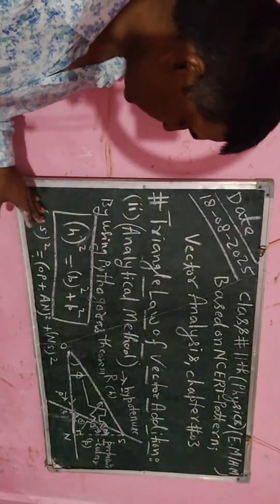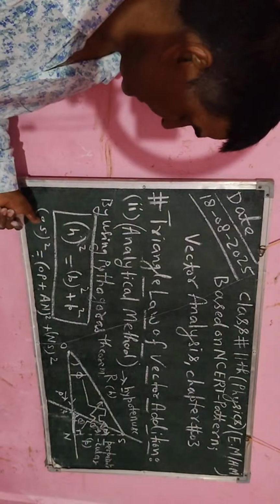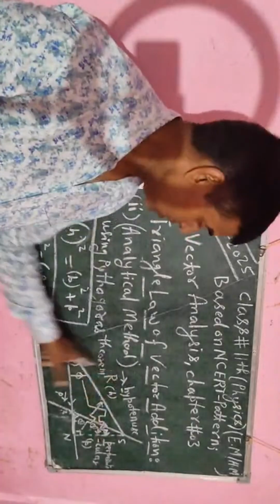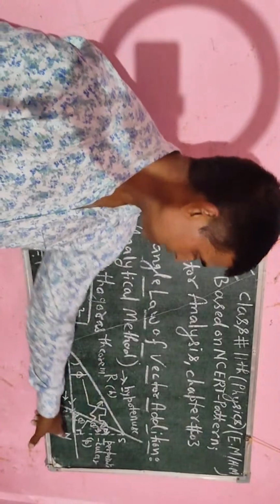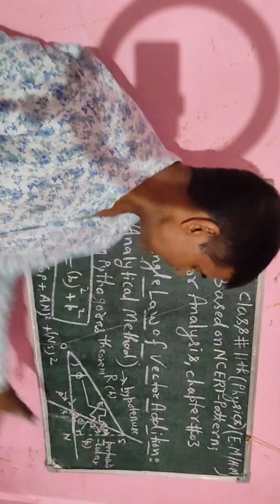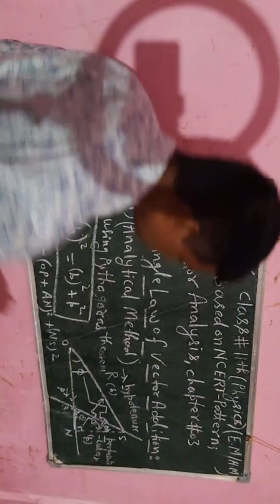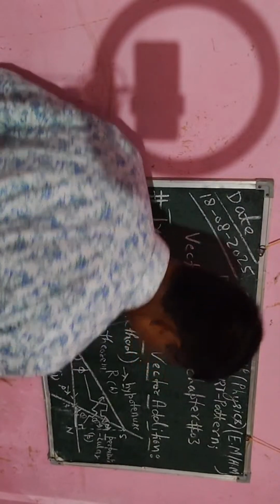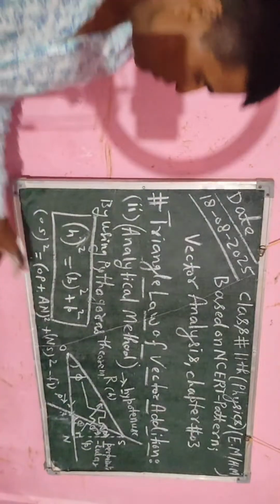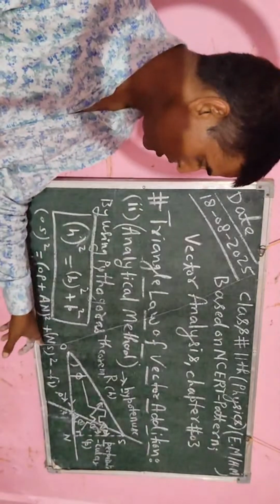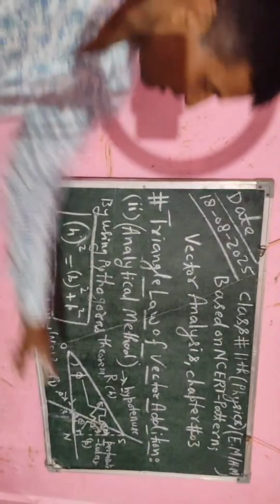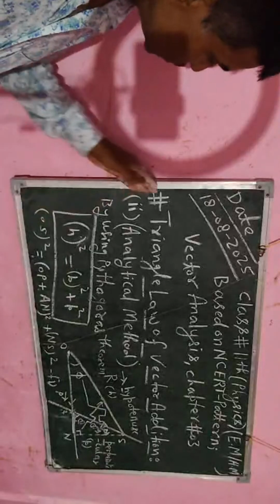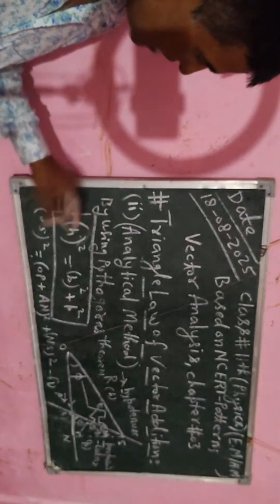Okay, so after this I will get the value of OS. The value of OS is already written, vector R. So we have to get the value of AN and also NS, and then I will use them in this equation. So I am going to say this is equation number 1. Okay, so positively I will follow it and I will get the value of AN and also NS. Okay, in the triangle ANS, in the triangle ANS. Okay, so every piece of information I am going to erase and then I will